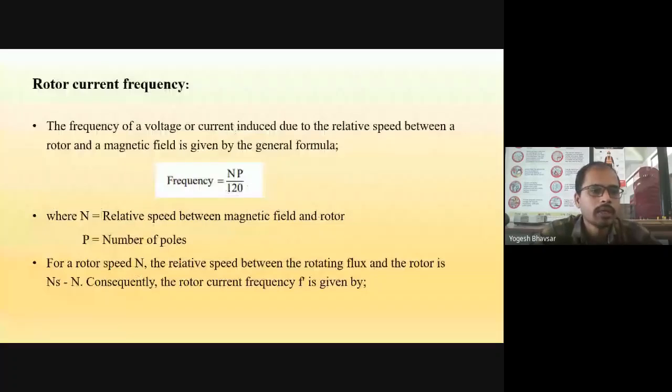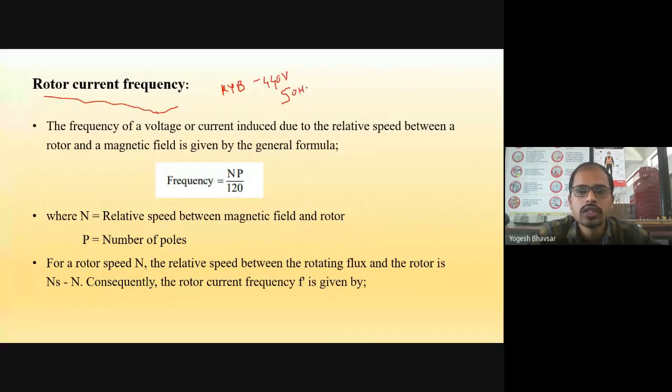The second parameter is the rotor current frequency. Now we know that the stator current frequency is nothing but the supply frequency. As we know, in India, the three-phase supply is denoted by RYB, red, yellow, blue. Their voltage is 440 volt for distribution level, and the frequency is 50 Hertz. Right? So this is the standard supply for three-phase,